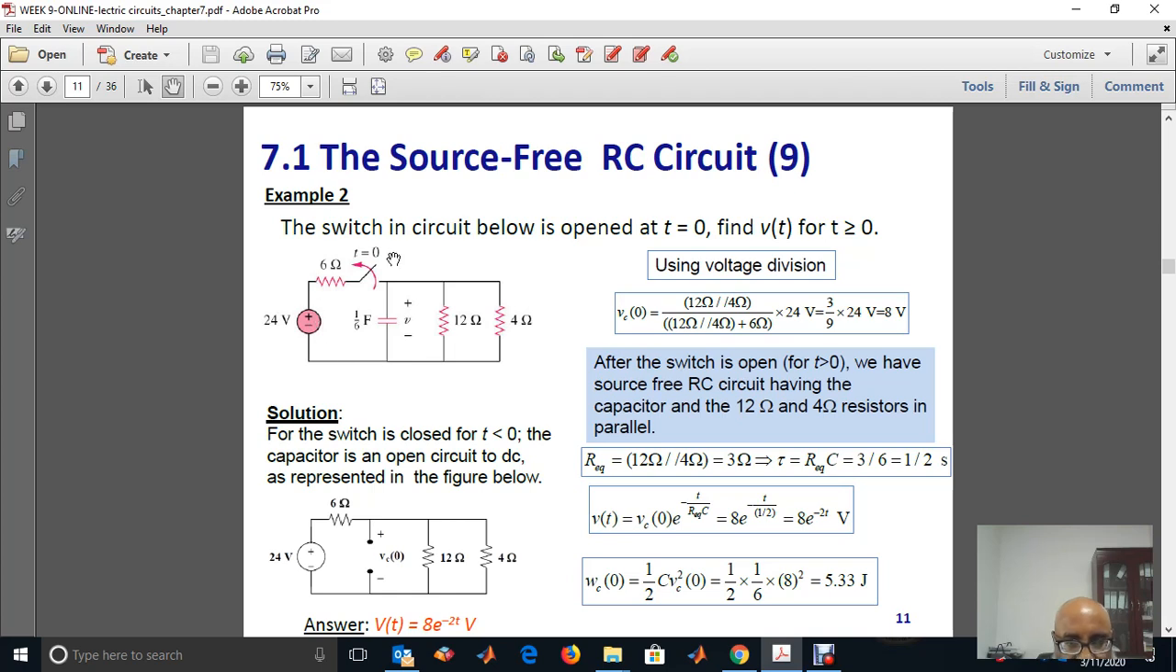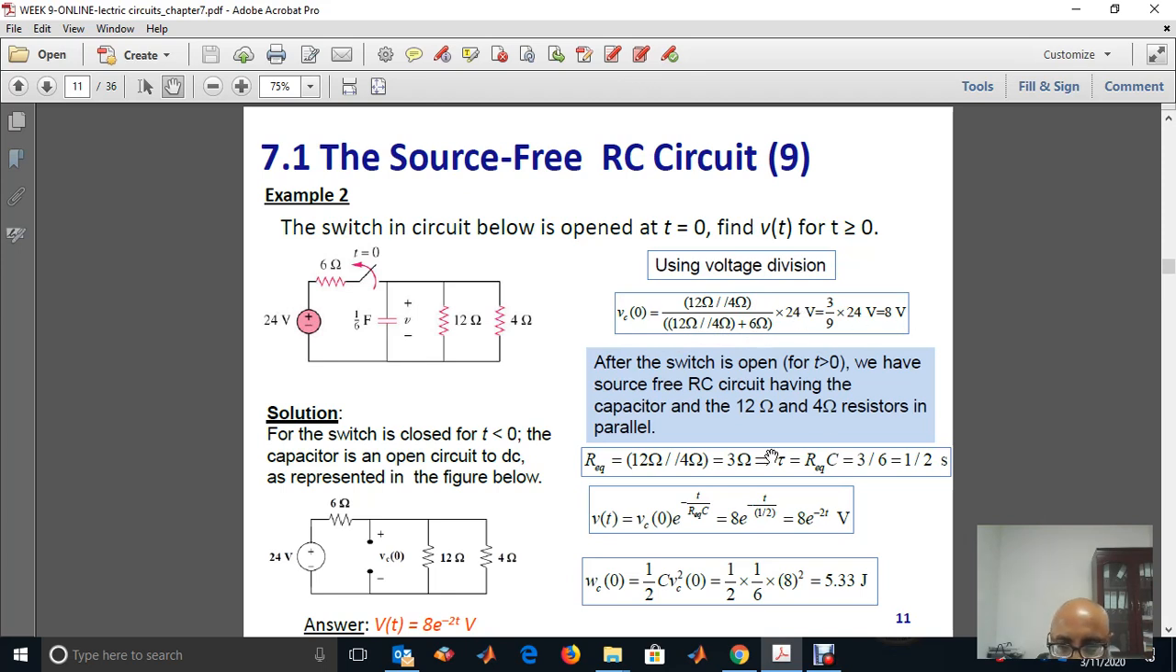Then when the switch is open, we have that initial voltage of this capacitor. Of course, we have the equivalent resistance 12 ohm with 4 ohm. Okay, so how do we find the initial voltage? Simply because the capacitor is open here, we can say 12 ohm is in parallel with 4 ohm, and we can find this resistance. And by voltage division, the capacitor voltage at 0 equals 12 in parallel with 4, over 12 in parallel with 4 plus 6, times 24,